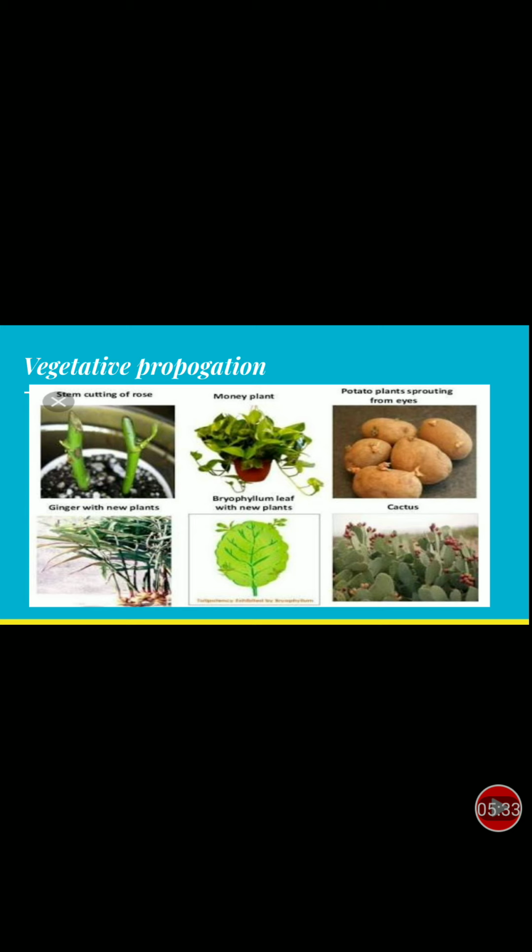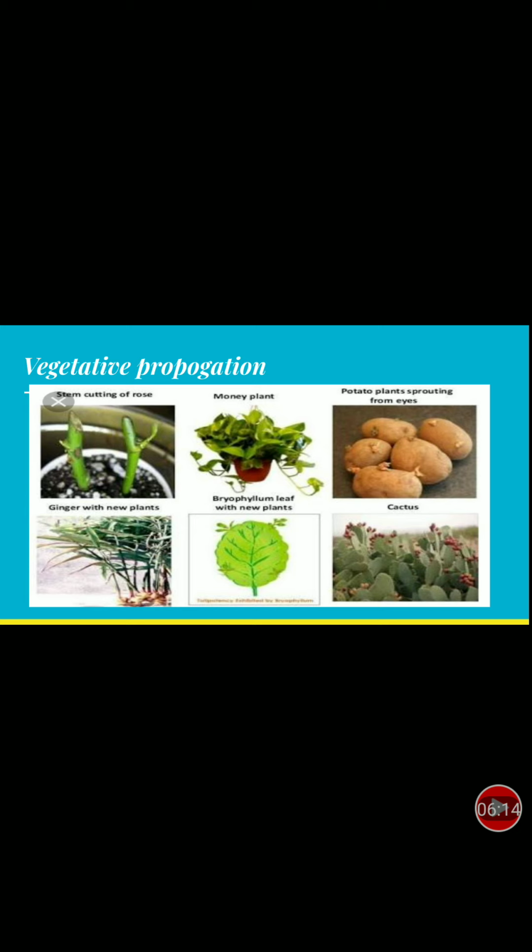Now cut a branch of a rose or champa with a node. Node is the part which is in between the two leaves below the leaf stalk. This piece of branch is termed a cutting. Bury the cutting in the soil. A node is a part of a stem branch at which a leaf arises. Water the cutting every day and observe its growth. Record the number of days taken for roots to come out and new leaves to arise.